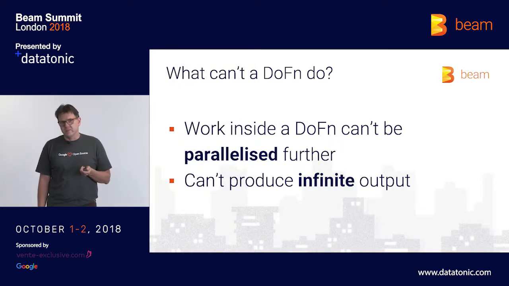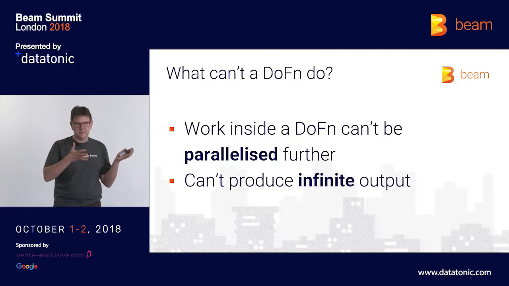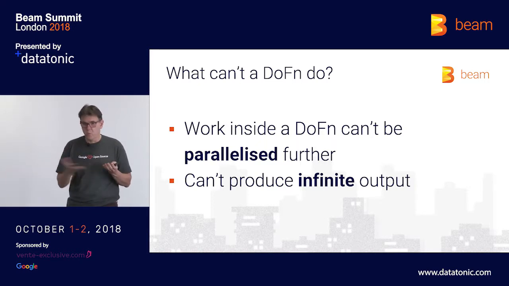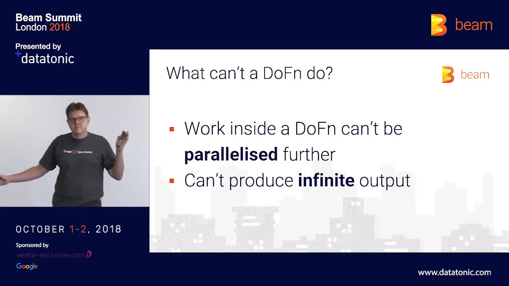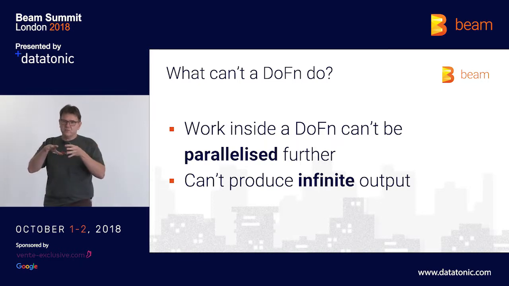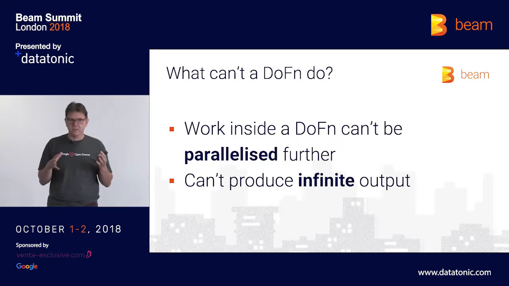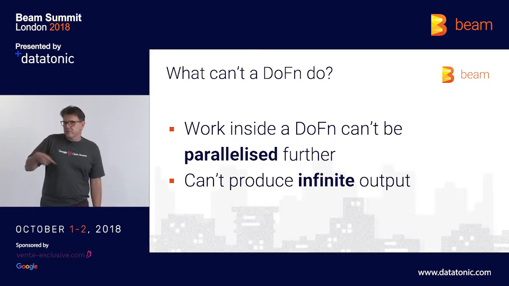We first have to look at the DoFn itself. What can't it do? A DoFn has one input element. You do your magic and have 0, 1, or multiple outputs. And that can be massively parallelized. But the work inside of your DoFn can't be parallelized. It's just a sequence of stuff that you do. And it also cannot produce infinite output. You can't have a loop inside of your DoFn, just putting out output, output, output,